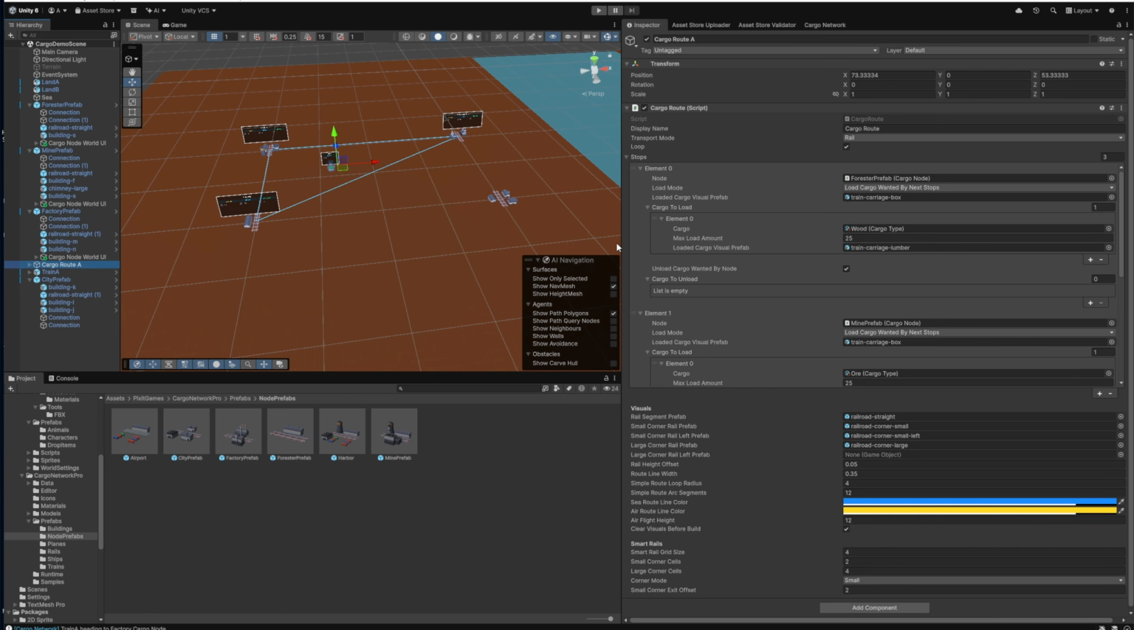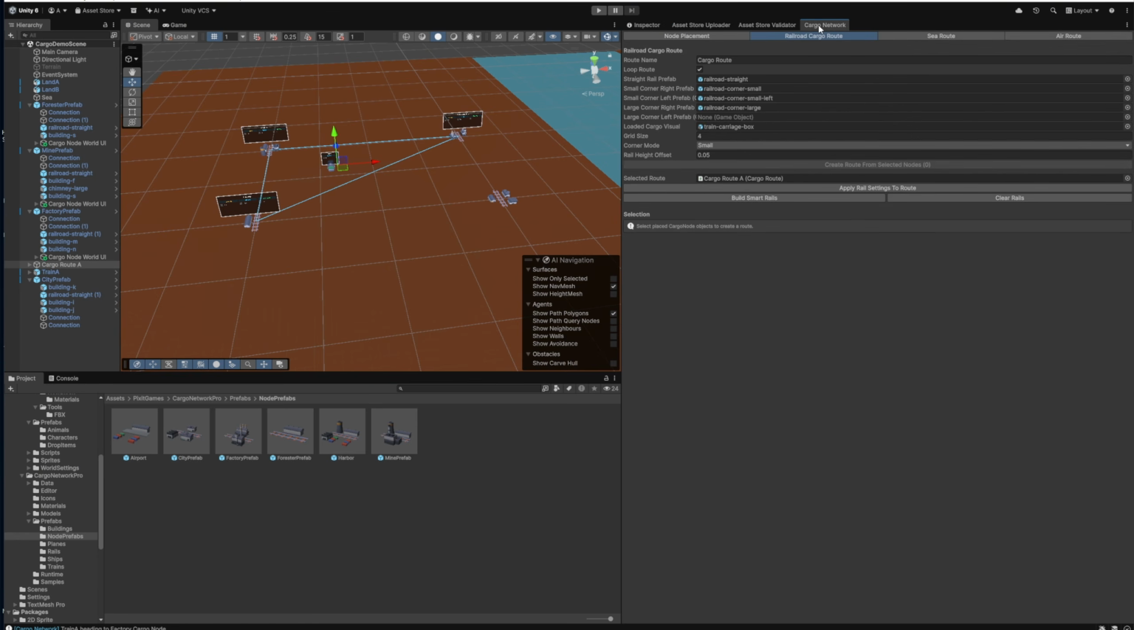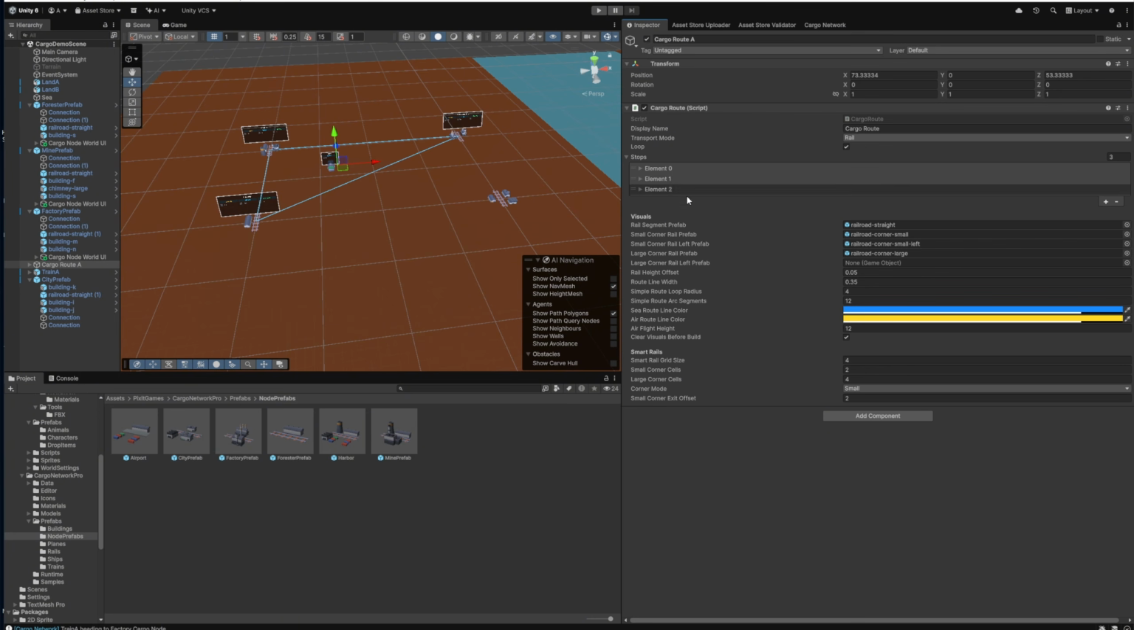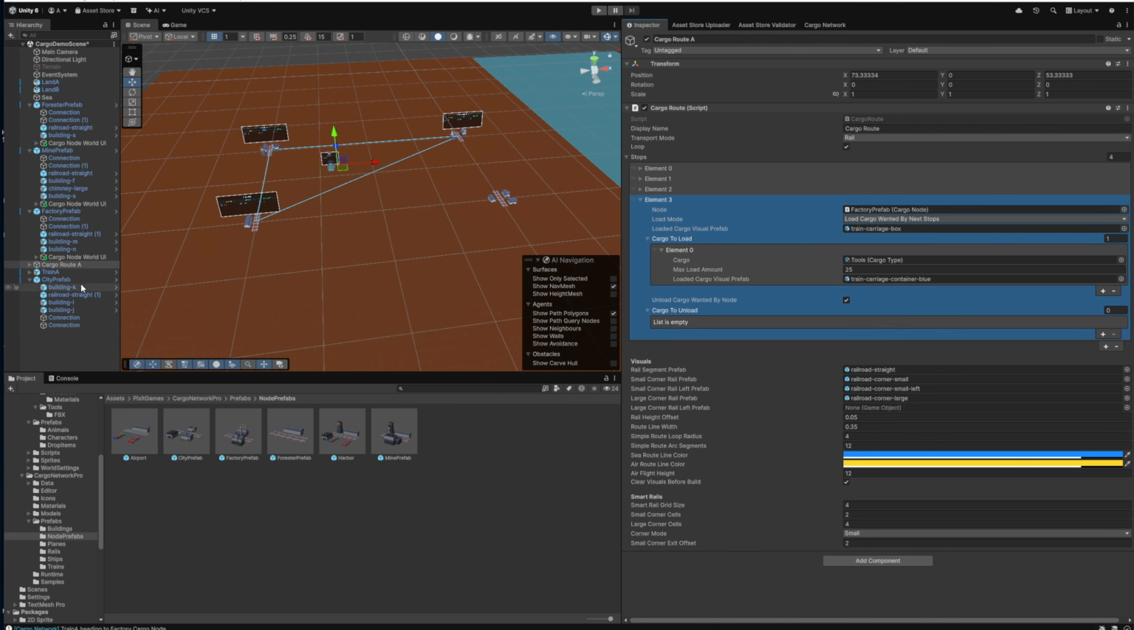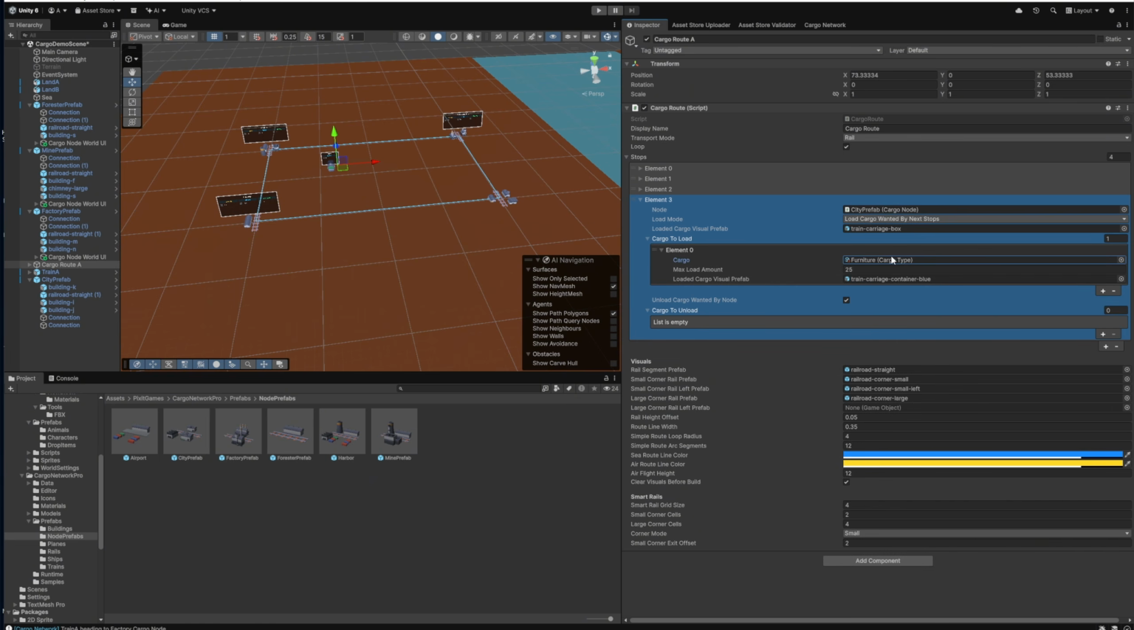And now we are gonna change our cargo route. So the fourth one is going to be city. You saw it's updated. And we are gonna load some furniture from here. Now let's say